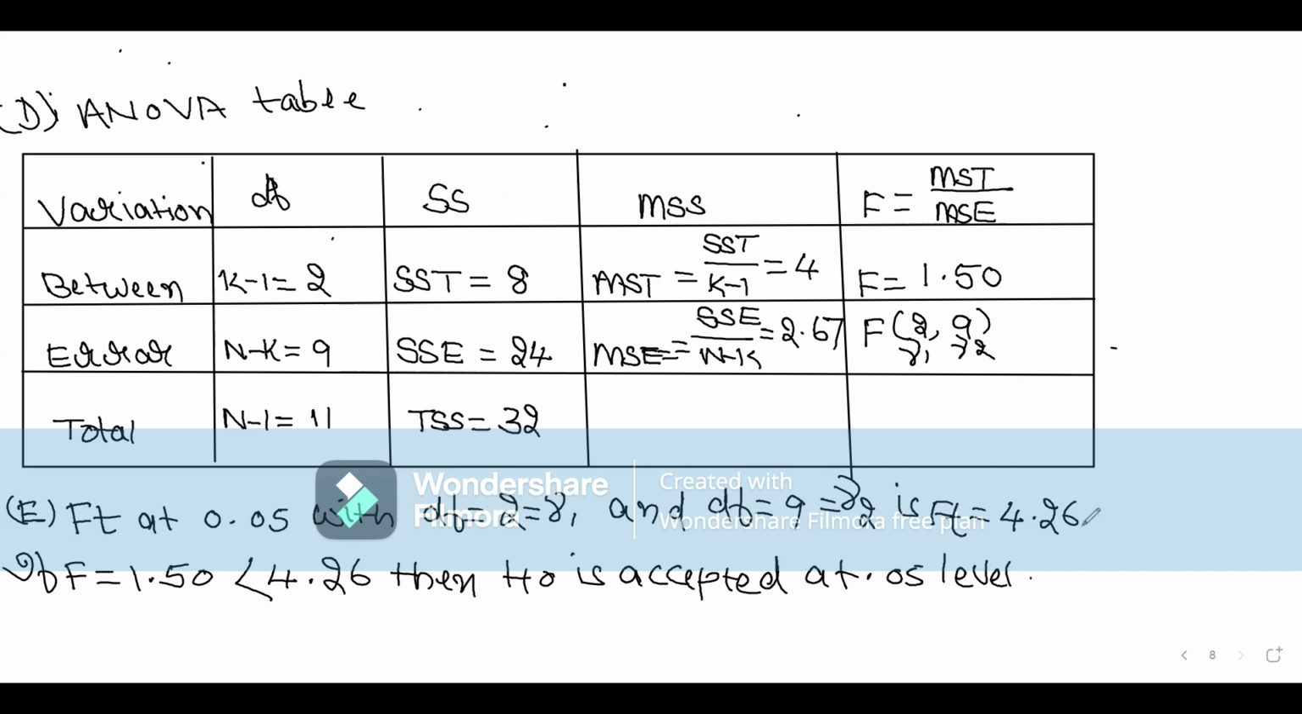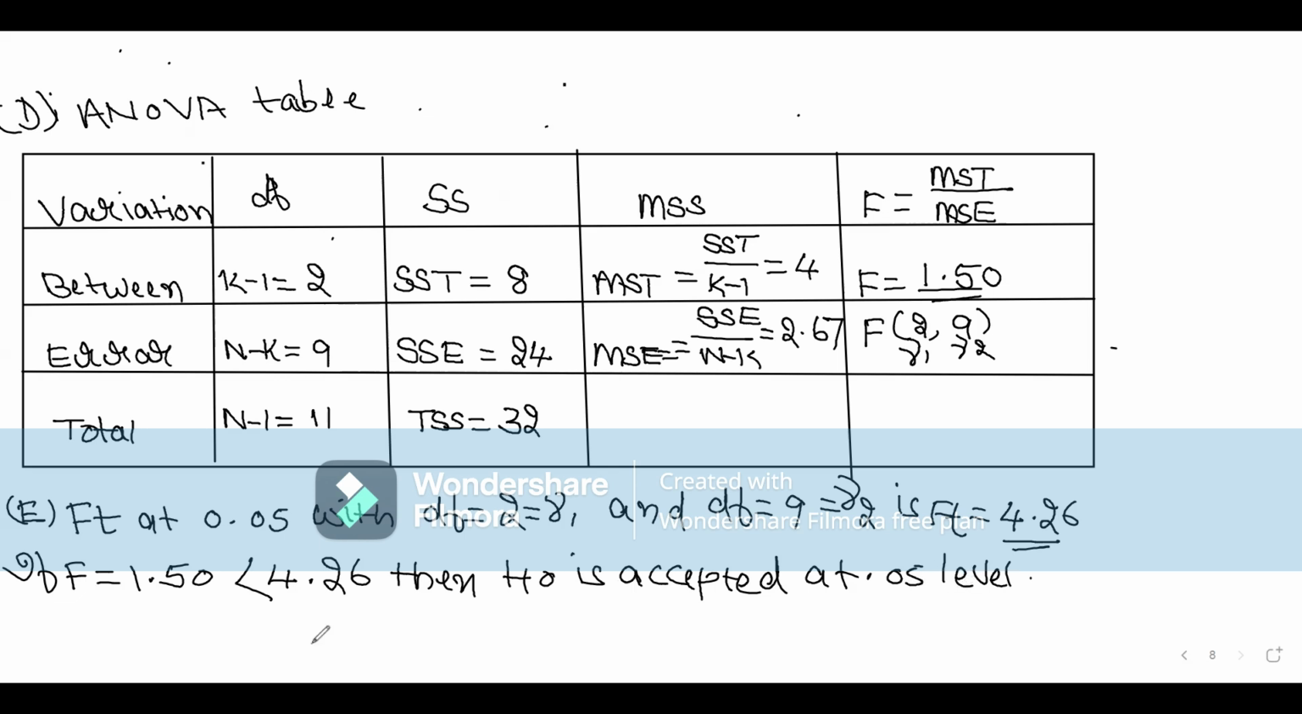It gives 4.26. Now you compare this value with the calculated F value. Look here, F equal to 1.5, and you compare with 4.26. 1.5 is smaller than 4.26, meaning the calculated value of F is smaller than the table value. Then the hypothesis is accepted at a